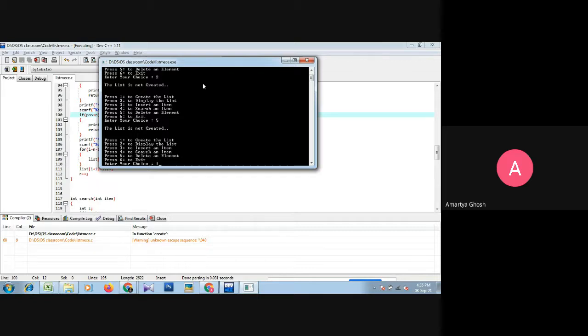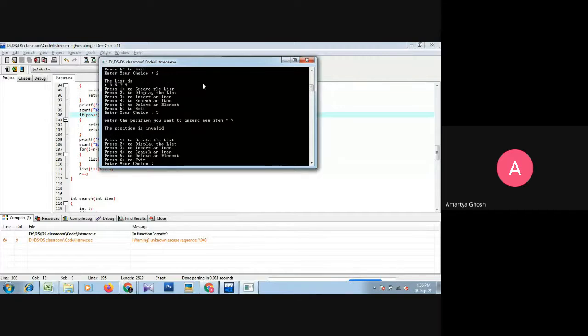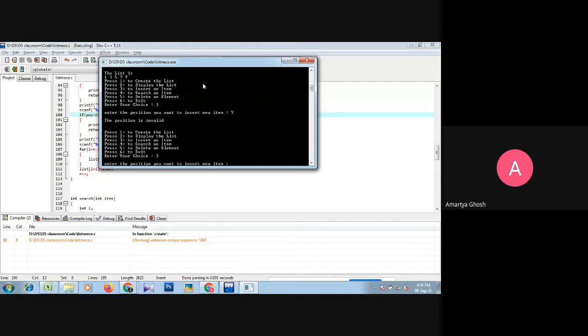So 1, the 5-element list is 1, 3, 5, 7, 9. Using 2 we can display this: 1, 3, 5, 7, 9. Suppose we want to insert an element and the position is invalid, suppose 7. Enter. The position is invalid. Again we go to the insert operation.